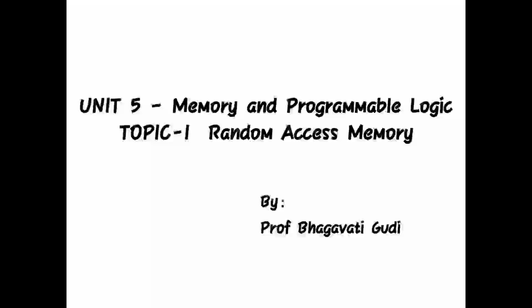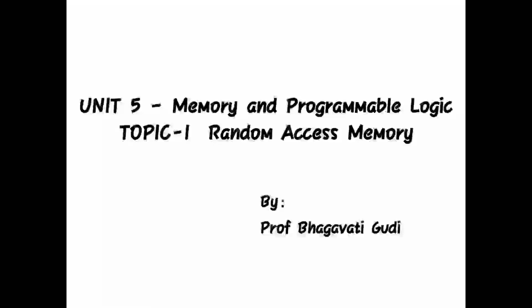As we have studied, there are two major types of memories, that is random access memory and read-only memory. So what is actually random access memory? What we studied in yesterday's class is that random access memory can do both write operation as well as read operation. So what is a write operation? The process of transferring or storing the data from input to the memory unit is writing of data.